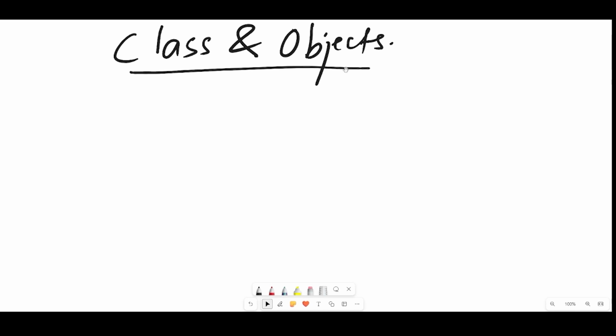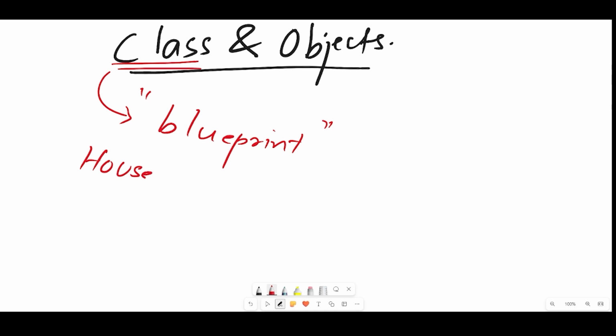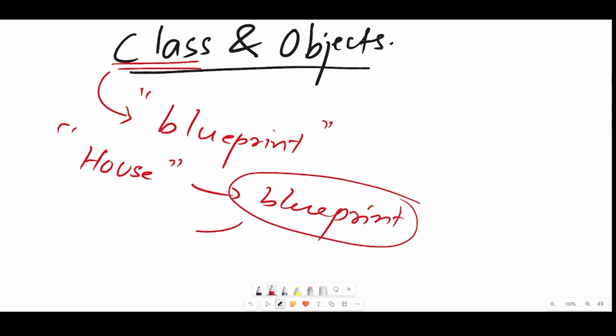In very simple words, what is a class? You can generally understand that it's a blueprint. For example, let's say you have to make a house. Before you make a house, we generally make a blueprint: where the floors will be, what kind of floors, how many rooms there will be, where the bedroom and the living room will be, and all those things. First we make a blueprint, and after that we make the house. You can say that this is kind of like a prototype, made before the actual model.